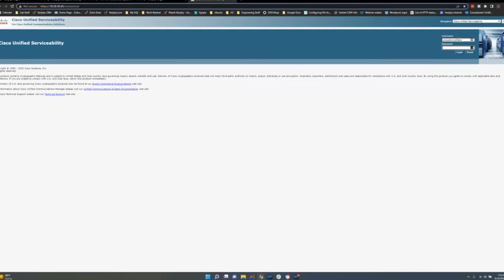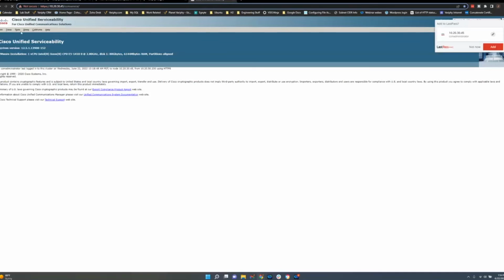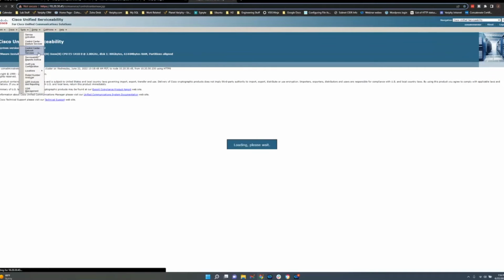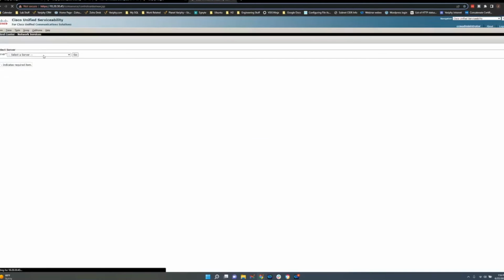Once this loads up, you're going to go to Tools and Control Center Network Services. Here we go. On this menu here, Tools, the third option down, Control Center Network Services. Go into there and choose your server. What you want to do is choose your publisher, which is my .45. Click on Go. It'll load up this menu.